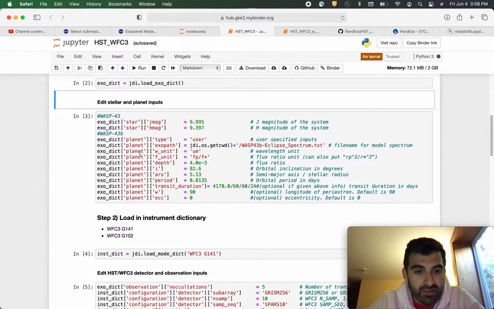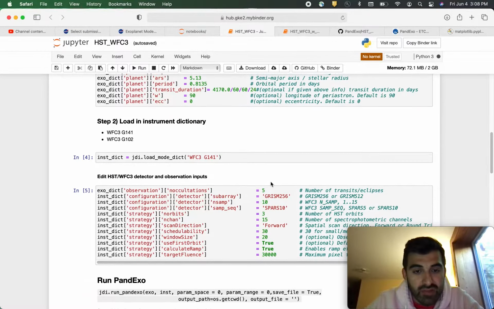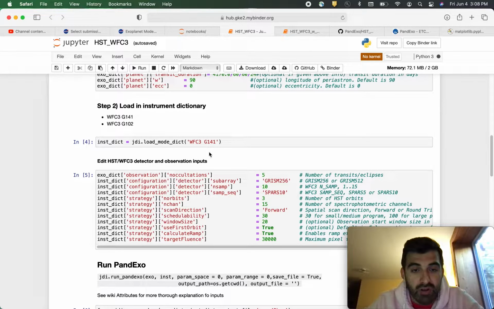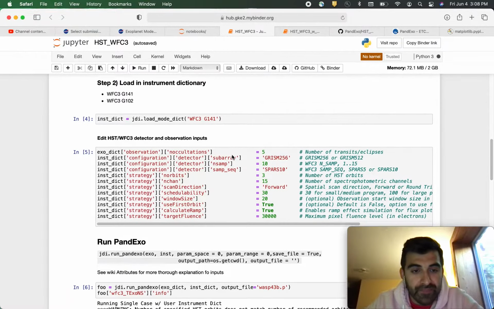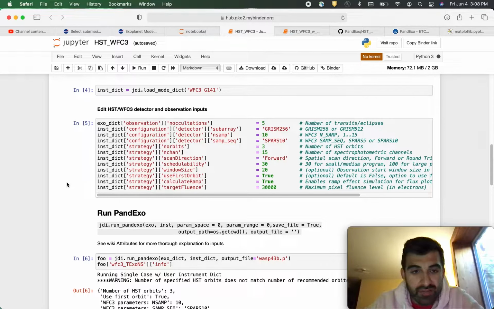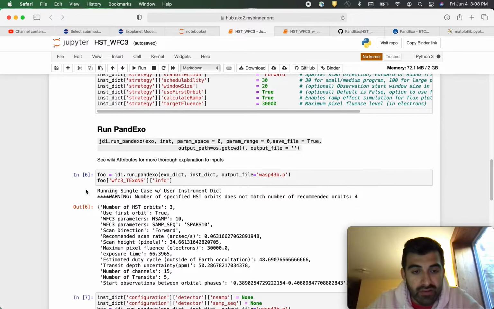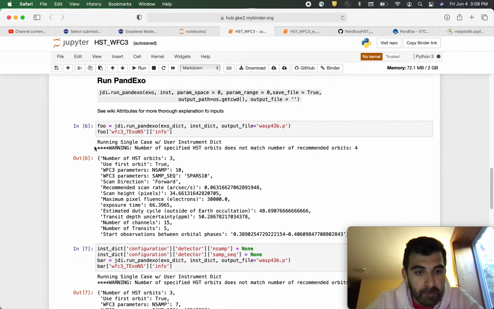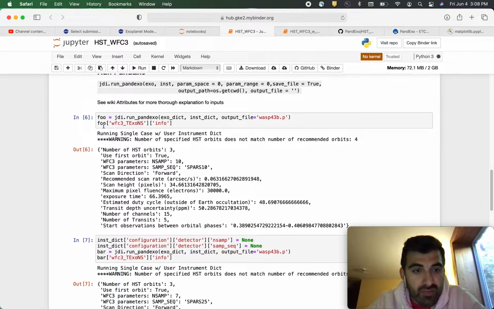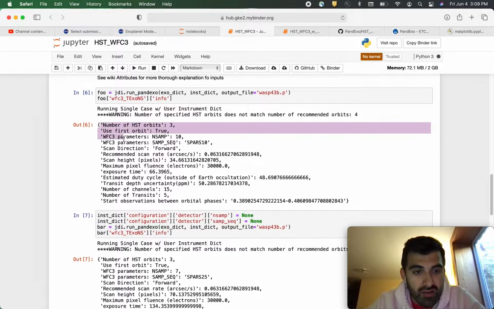But anyways, step 2, now we will load in an instrument dictionary. So here we're picking the instrument we want to work with. For this case, we're using WFC3 G141. Now we will edit the instrument's parameters. So here we are doing that. Next thing we'll do, we're going to run it. And now we just go ahead and run what we asked for, and it will give us all of these